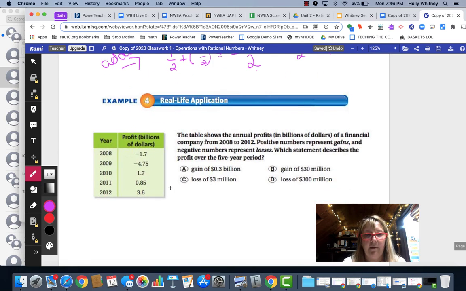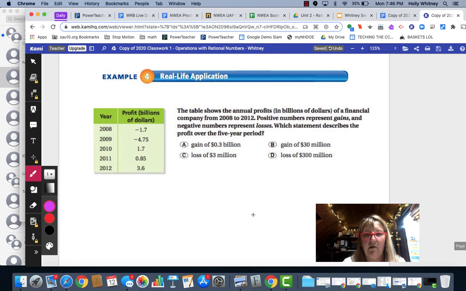So real life application. The table shows the annual profits in billions of dollars of a financial company from 2008 to 2012. Positive numbers represent gains and negative numbers represent losses. Which statement describes the profit over the 5-year period? So we're going to take these numbers and we're going to add them all up to figure out the actual,